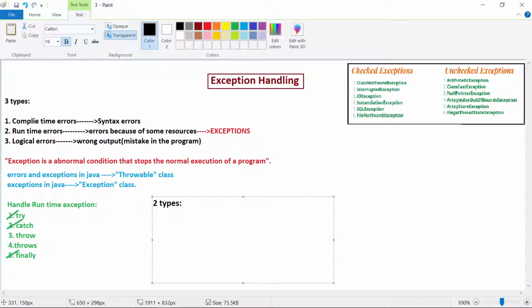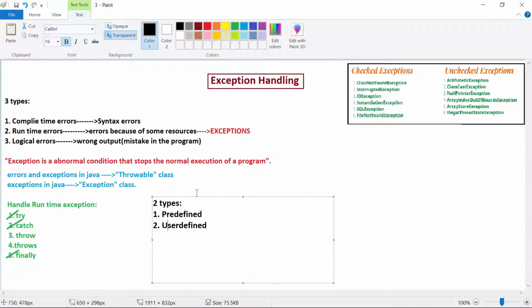First type, they are called predefined exceptions, or you can have user defined. We can have predefined exceptions, we can have user defined exceptions.